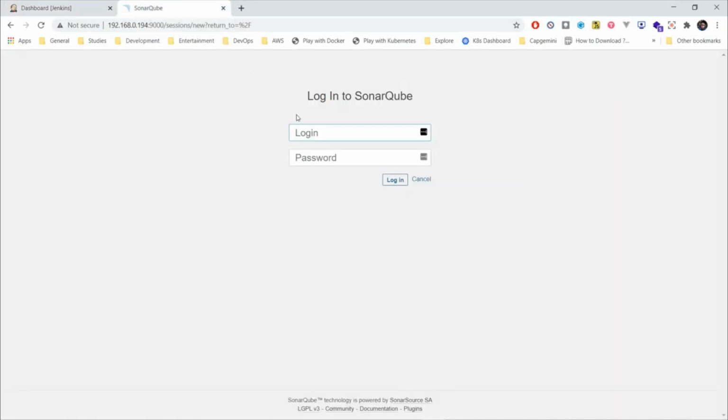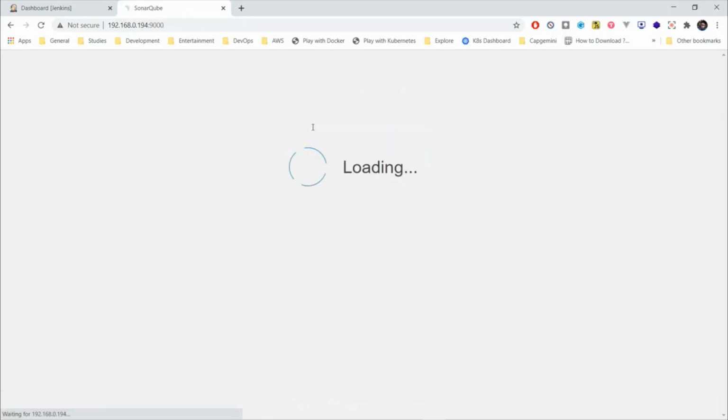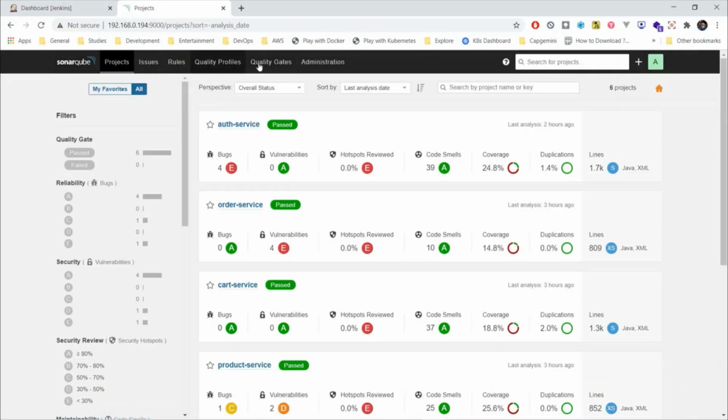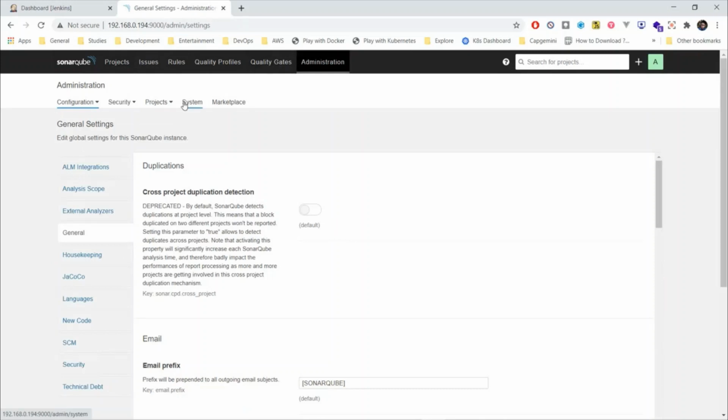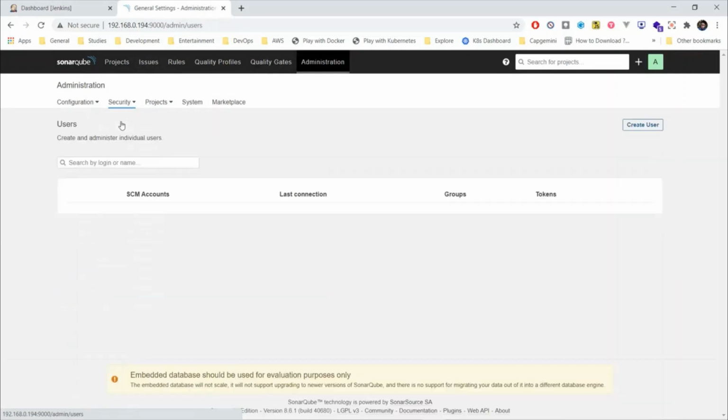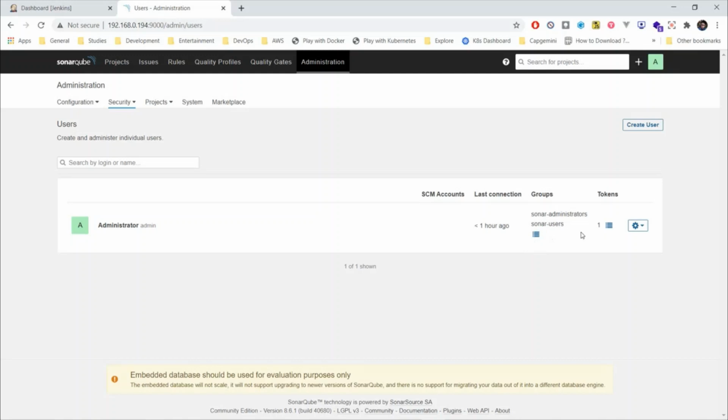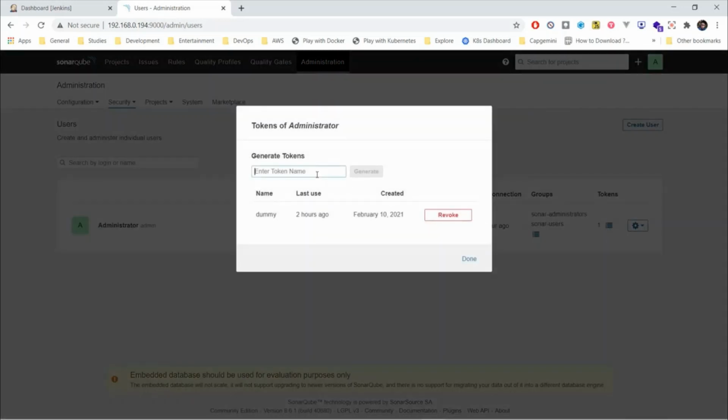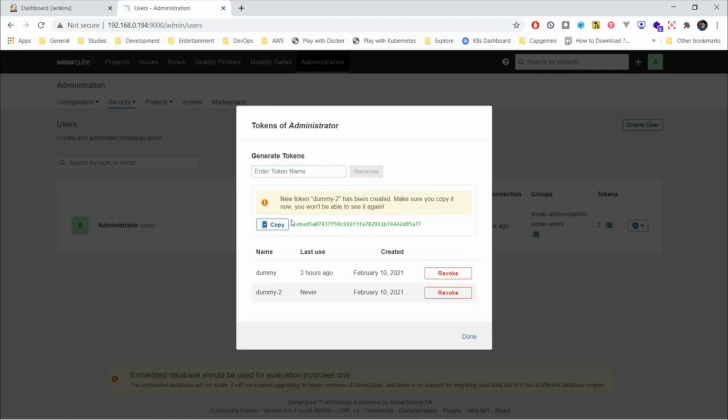So go to SonarQube, login, go to Administration tab, Security, Users, click on Token, give a new name to any token, Generate.